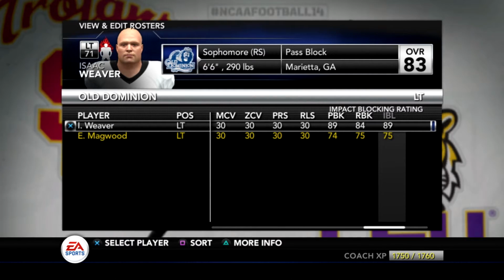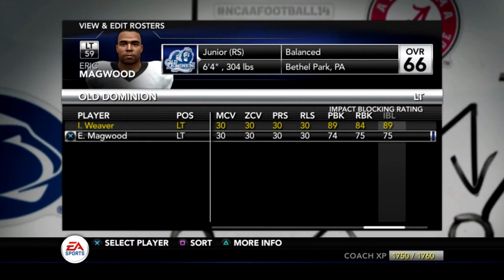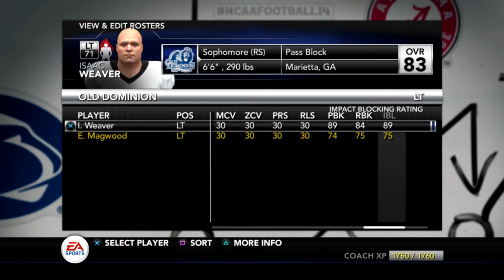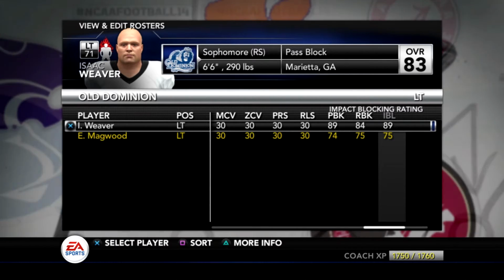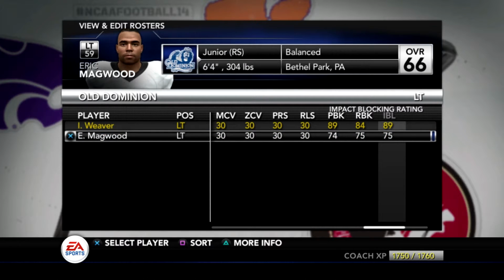At left tackle, we have 2 guys. We have Isaac Weaver, and then we have Eric Magwood. One's an 83 overall, redshirt sophomore left tackle. I wouldn't be surprised if this guy plays on Sunday in 2 years when he graduates. And then Eric, redshirt junior,